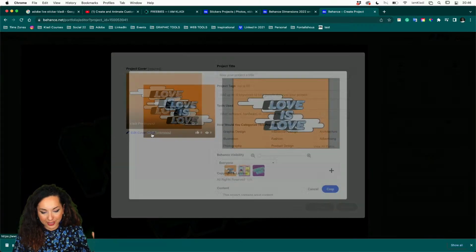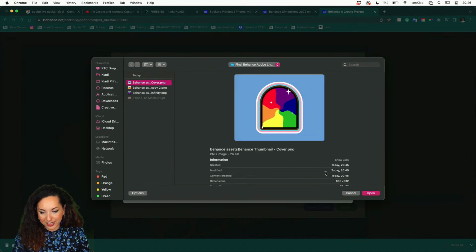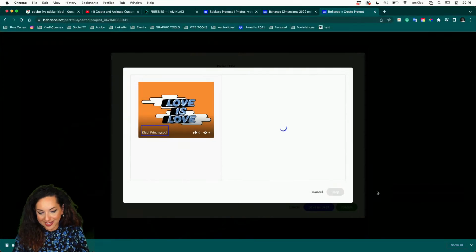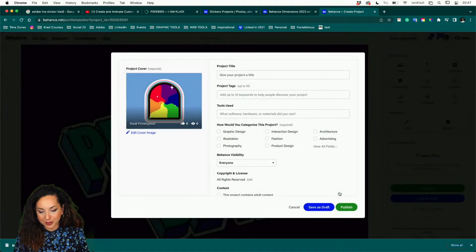Here for the cover, that's the place where we're going to implement our cover. We created the perfect cover, the right size. Here it is, ready to go, and make sure that everything looks nice. And we don't need to crop it. As you can see, it fits perfectly because it's the right size. You can start by giving a project a title. So I'm going to call it Adobe Live